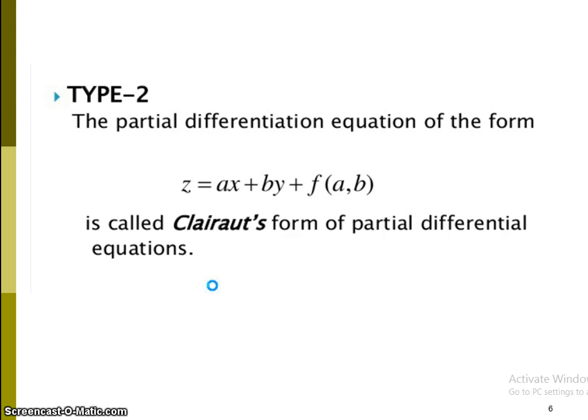So here the idea is that type number 1 is for a given problem of the form f of p comma q equal to 0. So p and q must be present in the problem. At that time you can use type number 1. So what is type number 1? Again you can recall here. So this is type number 1: the equation contains p and q only. Suppose z equal to ax plus by plus c is a trial solution of f of p comma q equal to 0.